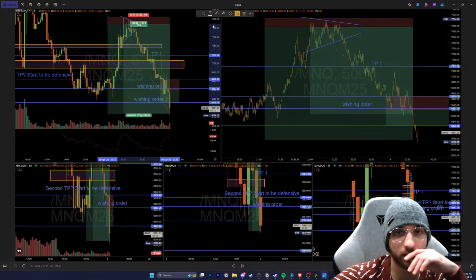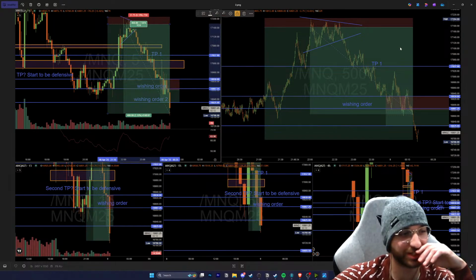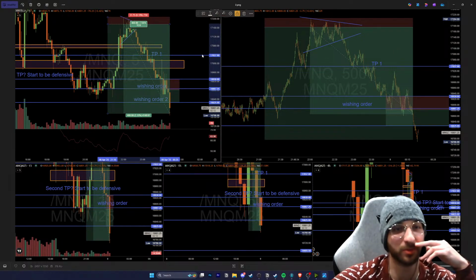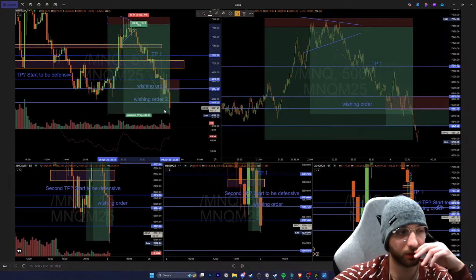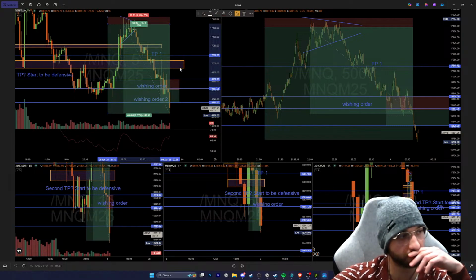Entered 17 up here. I was calling them wishing orders because it was so far. It was so big, but I knew it was possible in this kind of market. 400 points overnight session, and lo and behold, it did hit. I took partials though, so it wasn't officially 400. It was more like 200 point trade, but